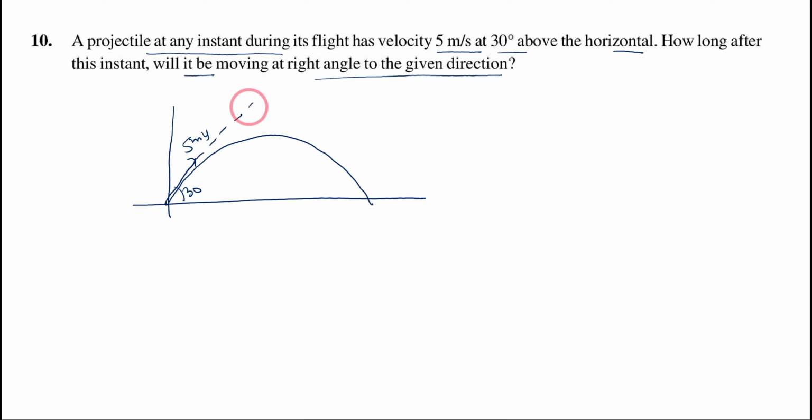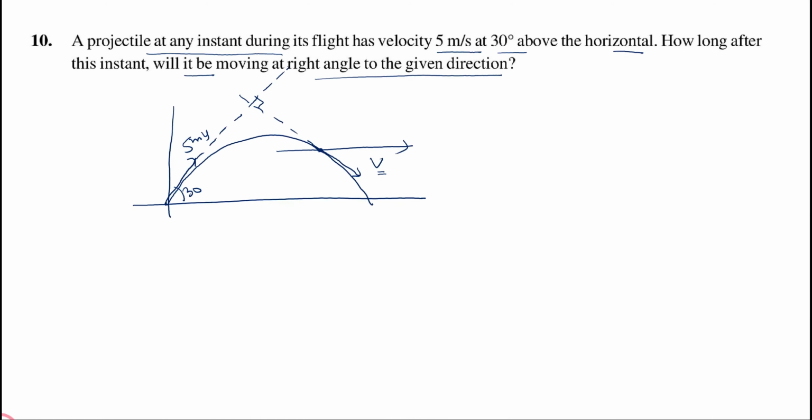We will extend this velocity vector like this. The moment the velocity becomes perpendicular to this initial, it is somewhere like this. This is the velocity which is making angle 90 degree with the initial angle of projection. So we have to find how long after this instant this happens. So we have to find this v and after that we can go for the time. Okay. So the concept we have is the x-axis component will be equal, and from there we can find v.